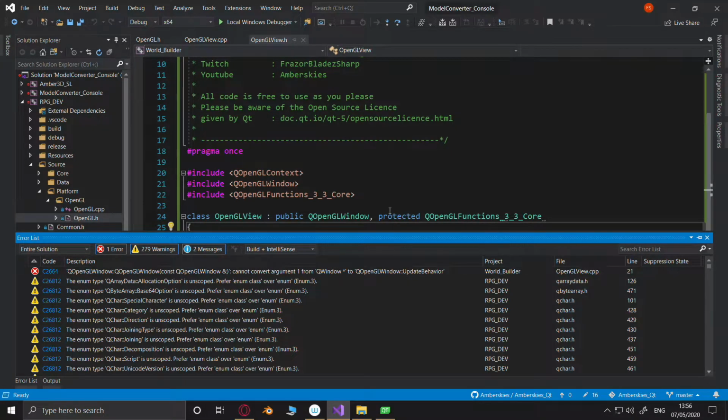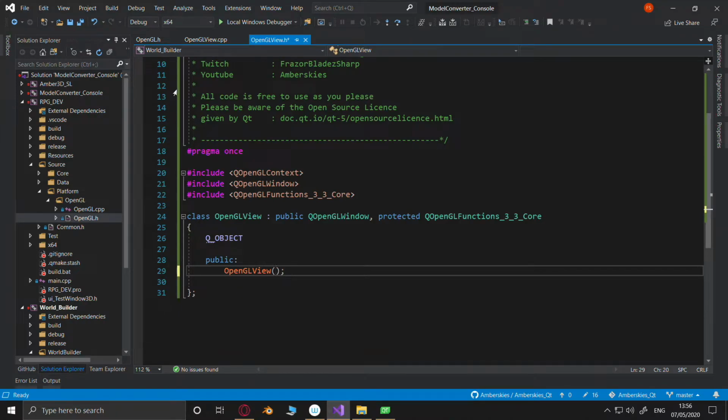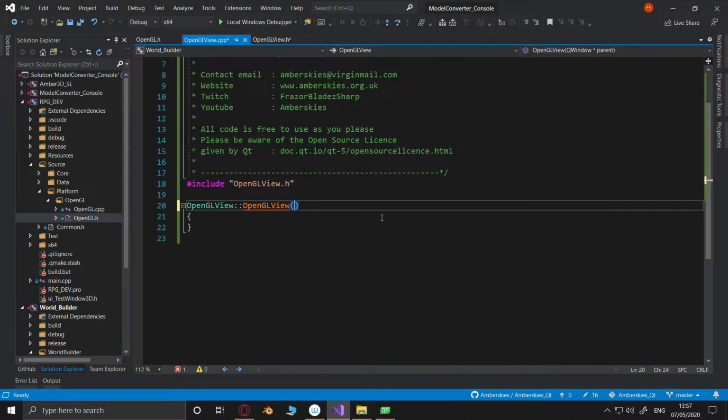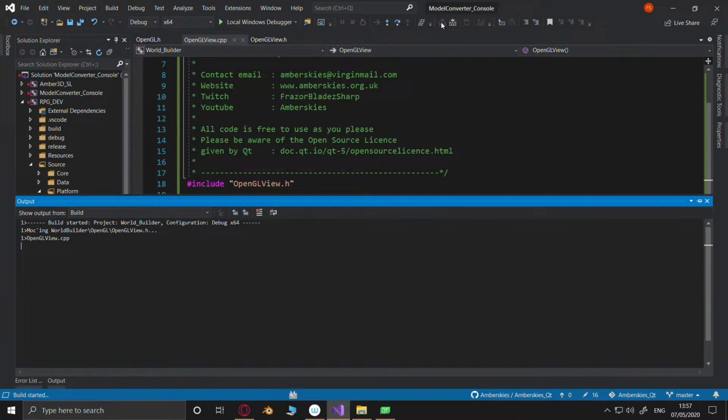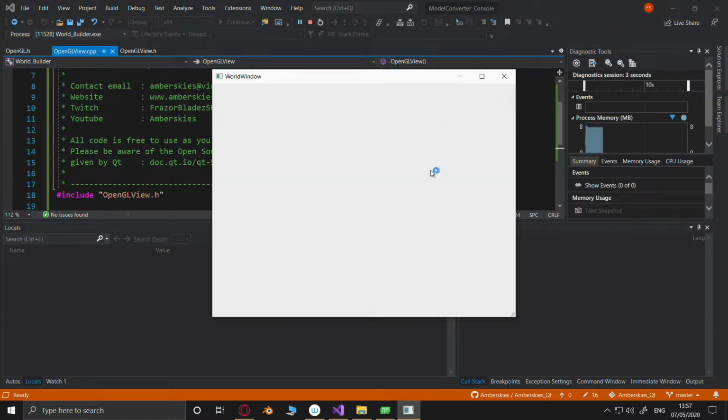Oh, right, I see what you've done. Yep, we have our window back.